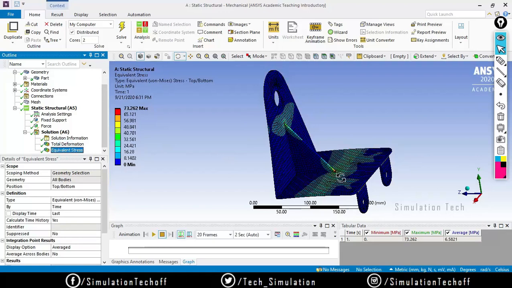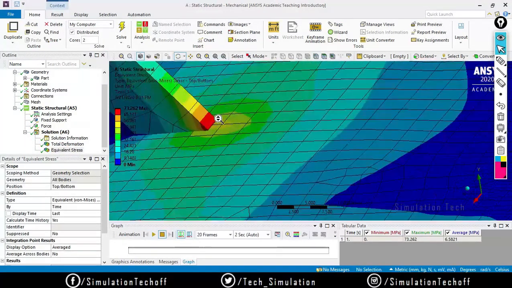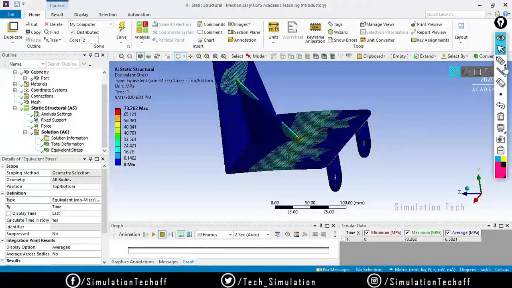And also the stress is maximum at this region. Okay, good. It's up to you, either you can perform a free run analysis or else with this as a sample you can apply your random fixed support and apply the forces wherever you need. So you can apply here or else these edges, whatever it is.